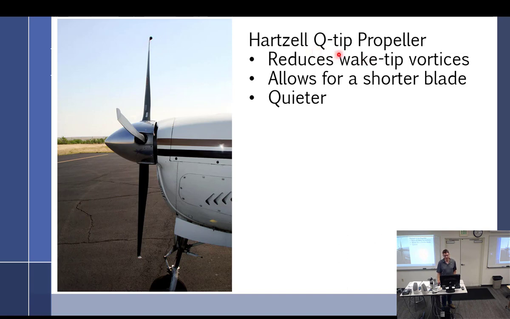By the way, I just threw this slide in here because I didn't mention it. There are all these jokes going around about prop strikes. These are called Hartzell Q-tip props because it says it right there. Q for quiet. So modern aircraft with winglets, what's a winglet do? It prevents the turbulence from spinning off the wing tip. So it keeps the low pressure air from spilling over to the high pressure. In effect, it's like adding a longer, wider wing, and it's a more efficient wing. Well, they did the same thing with these props. They put a little winglet on it.